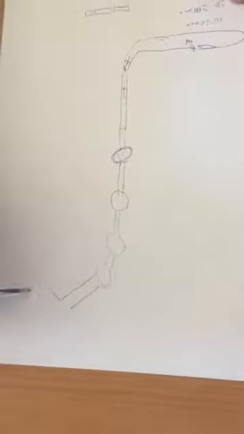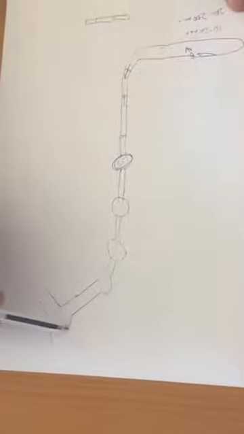Lymphatic trunks join together and form lymphatic ducts. In the human body we have 2 lymphatic ducts. First, that is Ductus Thoracicus,